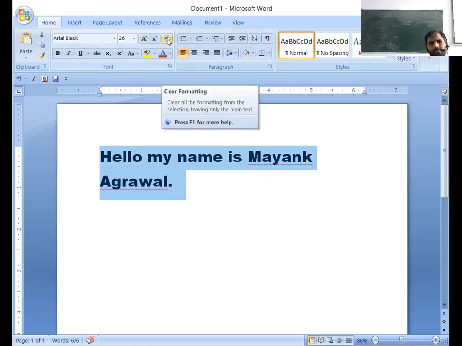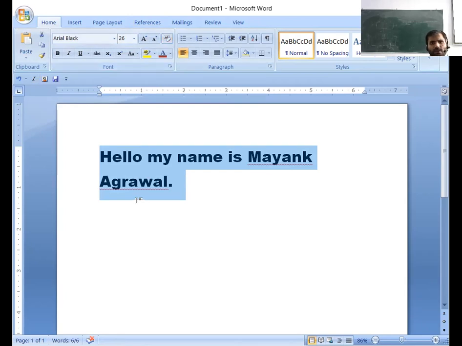And where I have placed my mouse pointer, you can see there is clear formatting. If I have applied some format on my text and I want to remove it, I have to select the text from where I want to remove the format.